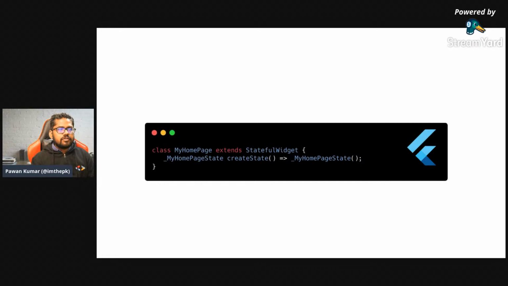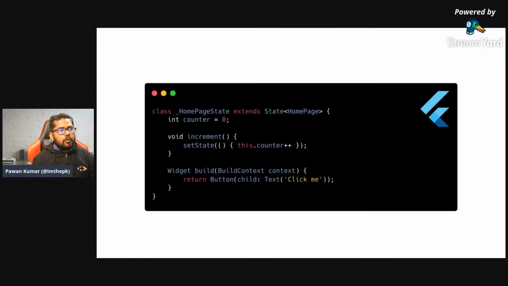So that's the concept. So here in the code, let me know if I'm running so fast, then also let me know. My whole idea is just to give you a brief about it. So here you can see we have a home page, which is extending a stateful widget, and it gives us this state object, right? Now, when we use stateful widget, we have to use two different classes.